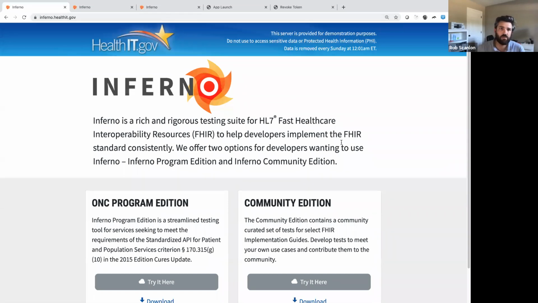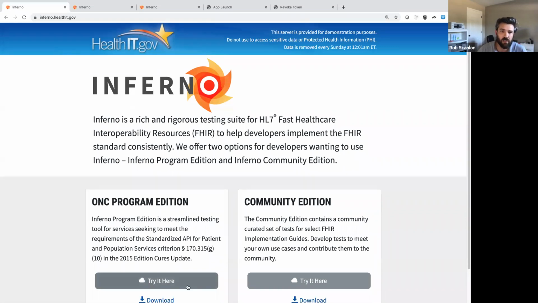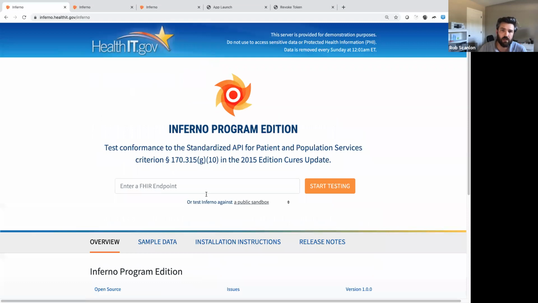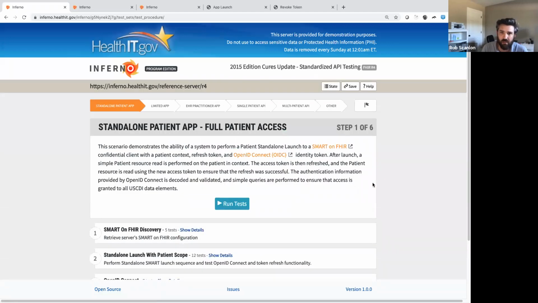Yes. So if you just hop on inferno.healthit.gov, I'm just going to walk through the program edition site. And as I showed before, you can choose the Inferno reference server, which is just a mock API that you can run up against. And really to get started, that's it. You just provide a FHIR endpoint and click Start Testing, and then you're presented with the main Inferno